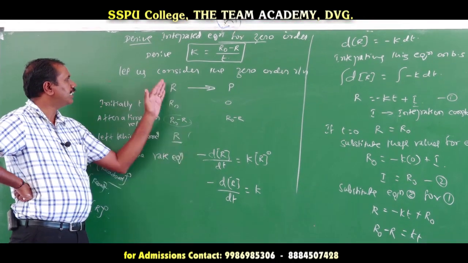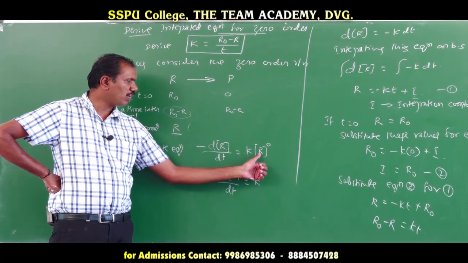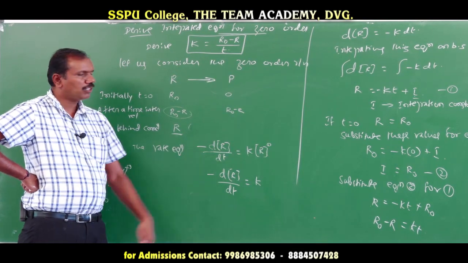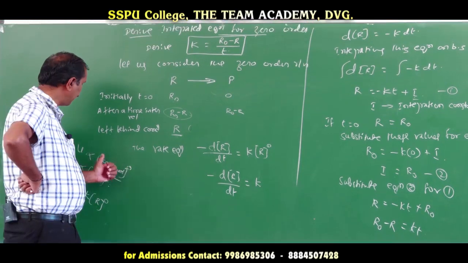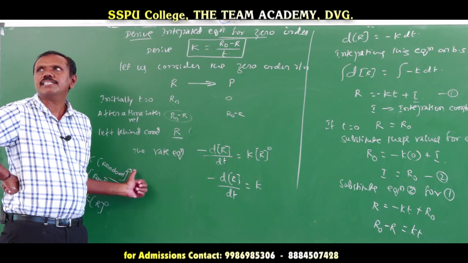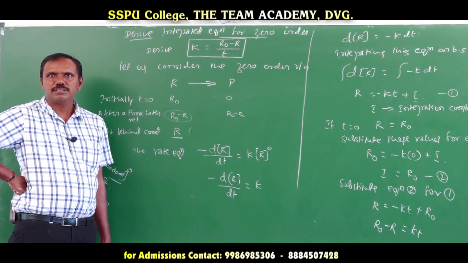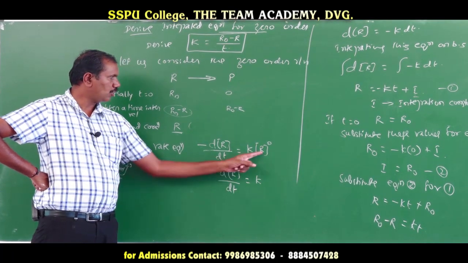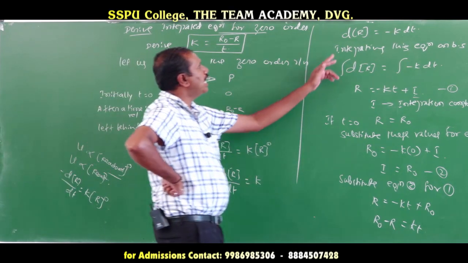It shows that there is a decrease in the concentration of reactant, that equals k times the molar concentration of reactant, that is R to the power 0. Why? Because it is a zero order reaction. The reason is that if the sum of powers of molar concentration of reactant in an experimentally determined rate equation is 0, then it is called a zero order reaction. So k into R to the power of 0, and R to the power of 0 is nothing but 1.